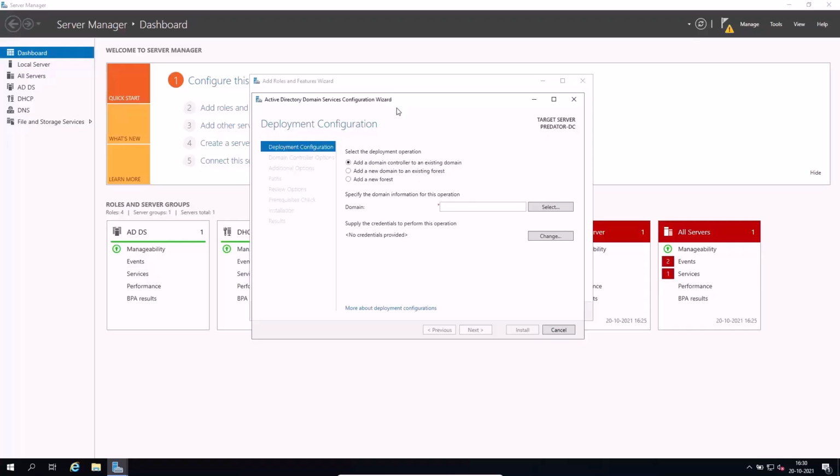Since there is no forest, we cannot add a new domain. We have to create a new domain. In order to do that, you have to select the option number 3, the third option, add a new forest. So type a root domain name. That could be something like